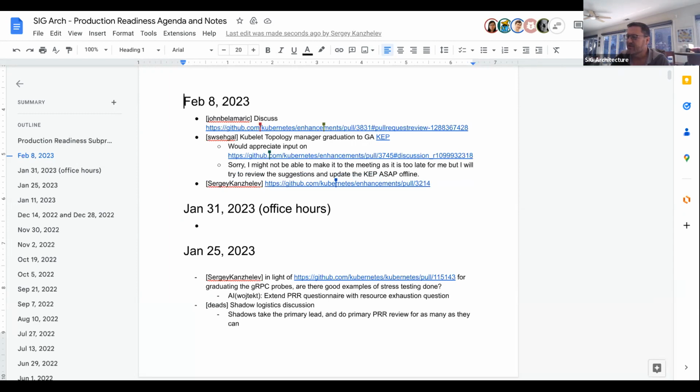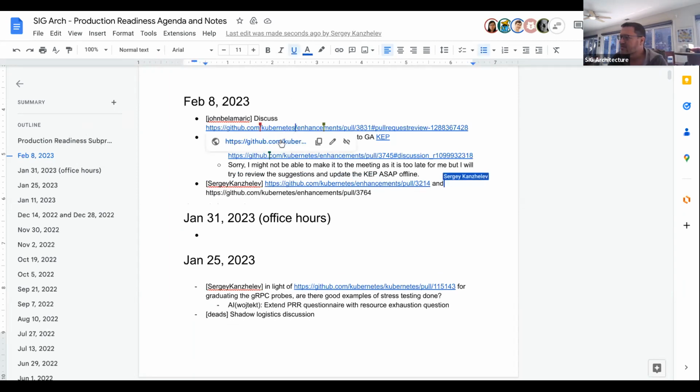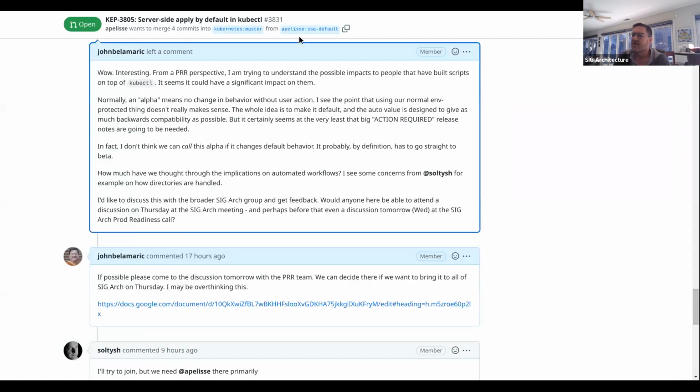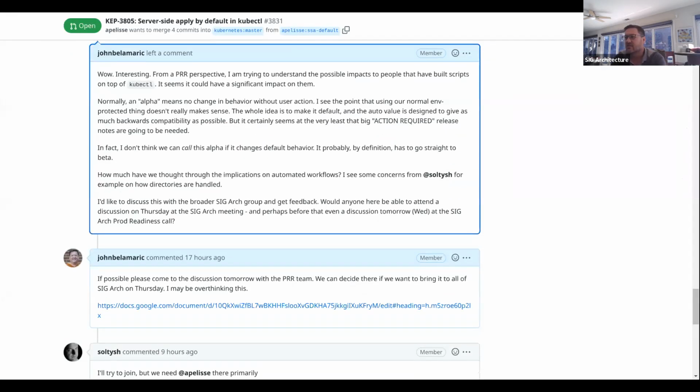But there was one that came up, and it's the first item on the agenda here, and I see some SIG CLI folks here. So let me pull it up. This is a KEP about server-side apply in kube control, where today the default behavior is client-side apply. There's a separate KEP around